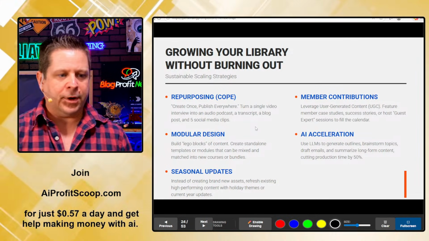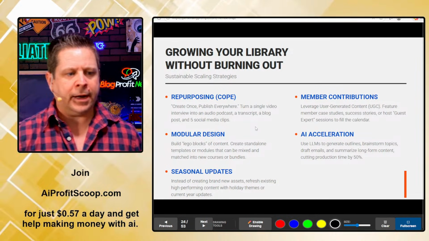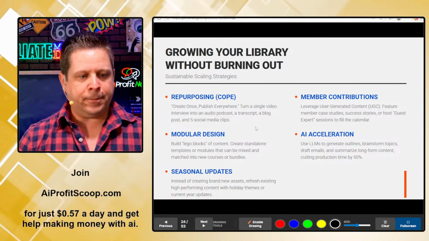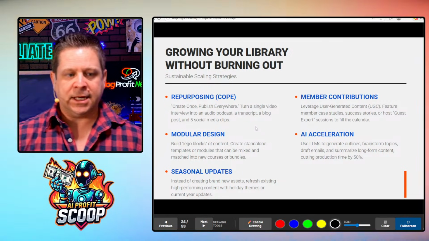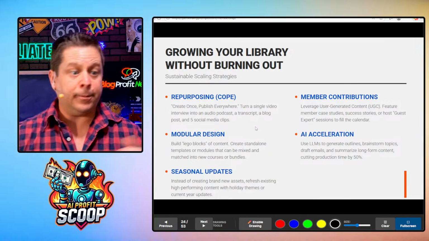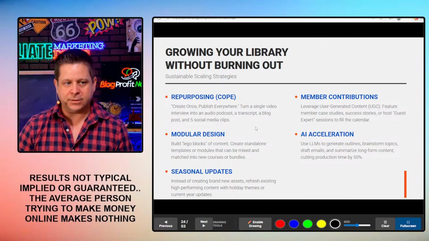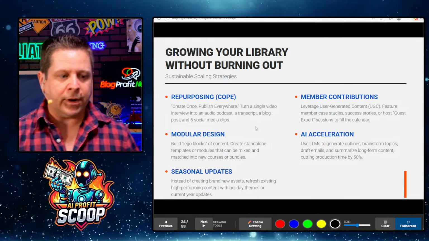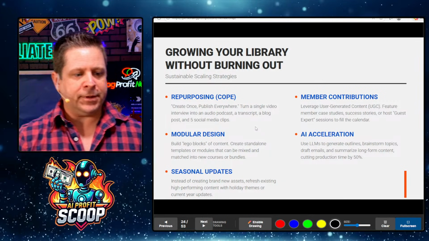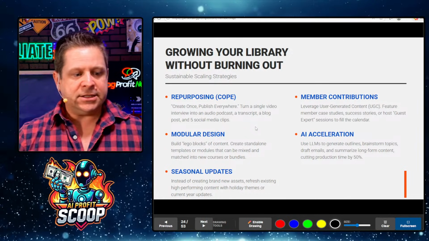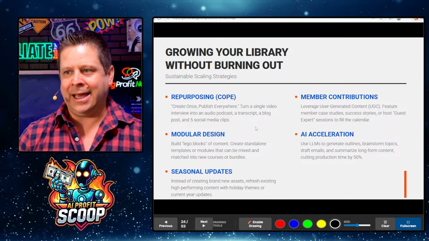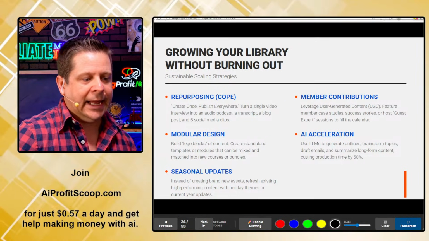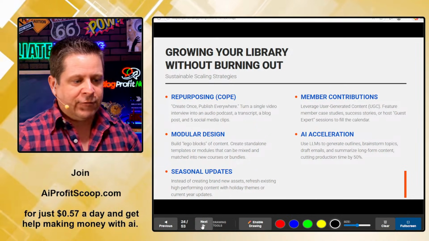Growing your library without burning out. What you want to do is the COPE model, create once, publish everywhere. Turn a simple video or an interview or a big content or audio podcast into a transcript, a blog, social media, prompts. How can we dial things down into prompts? Having a modular design where you have Lego blocks. Again, this is why I like a membership, it works really well. Having standalone templates or modules that can be mixed and matched, seasonal updates, member contributions, and AI acceleration. This is something key,